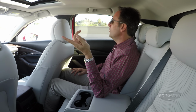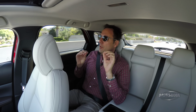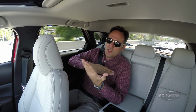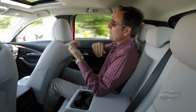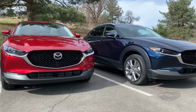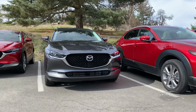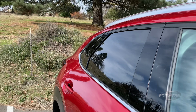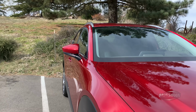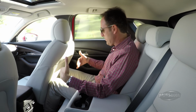Coleman put me through an hour-and-a-half presentation this morning. An hour and a half, burning good daylight, which we need to use to shoot. And in the presentation, it showed all the cars this thing competes with. And I was thinking this is more of like a rogue competitor when you look at it from pictures and video. It turns out it competes, at least according to Coleman in this presentation, to Buick Encore, Subaru Crosstrek, Jeep Renegade, and the visuals didn't back that up, but now that I sit back here, I can kind of see that,